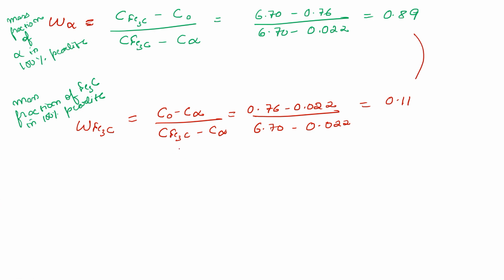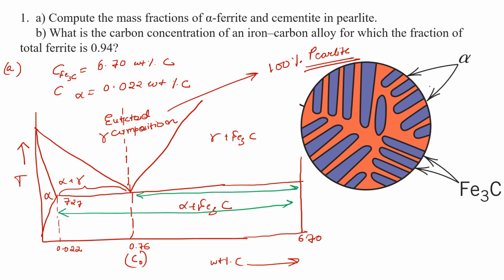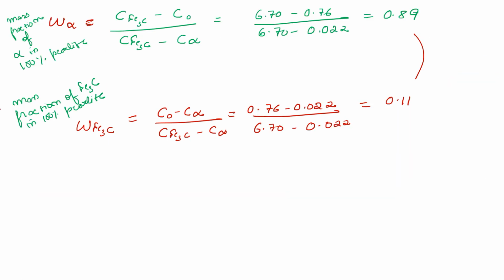So these are the mass fractions of alpha ferrite and cementite. We have 89% of alpha and 11% of cementite. If you have a colony like this, the alpha will cover about 89% and this will be about 11%, which is also very apparent here, because these are very thin, so the mass fraction is expected to be lower. Okay, great. So coming to the second part of this question,